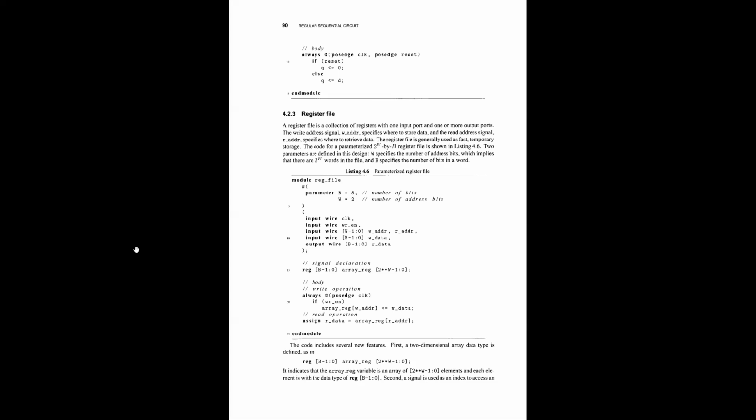We designed a free running shift register, and we also designed a universal shift register, and in the last class we also designed the test benches for the shift registers.